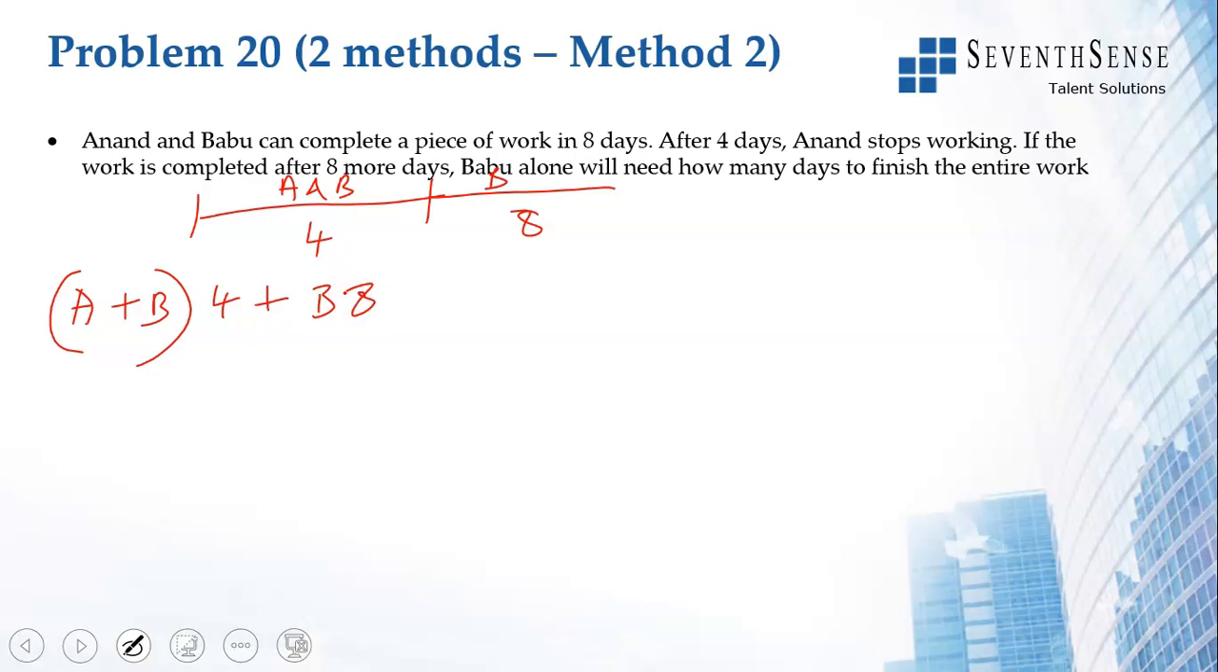First 4 days both A and B work, so (A plus B) into 4. Next 8 days only B works, so B into 8. What is it equal to? This is equal to 1, the work gets completed. The second equation is they can complete a piece of work in 8 days, which means A